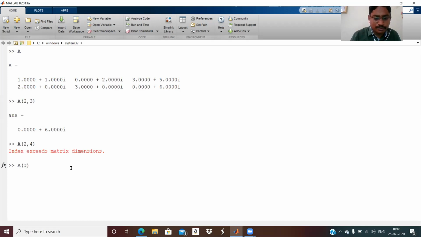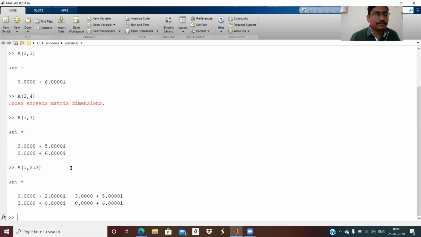Full colon, comma, 3. So this will be the third column. Suppose I want to extract columns 2 to 3, the second and third column. Suppose I want to extract the first row only,